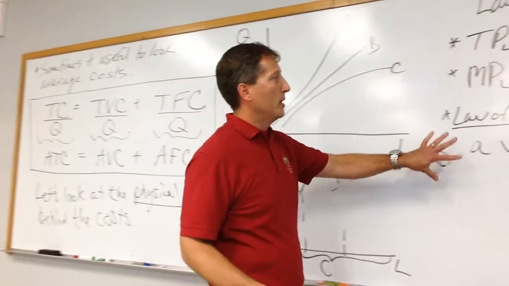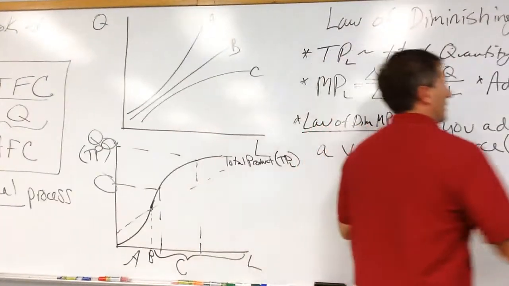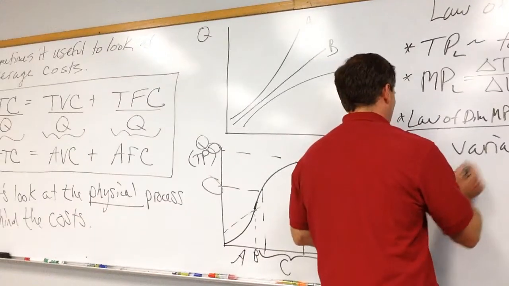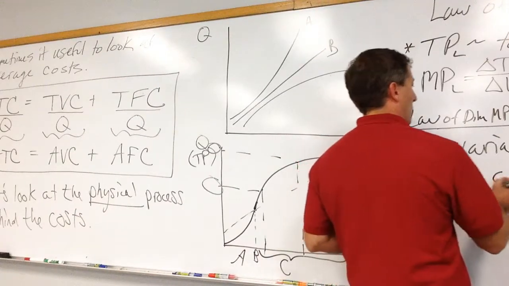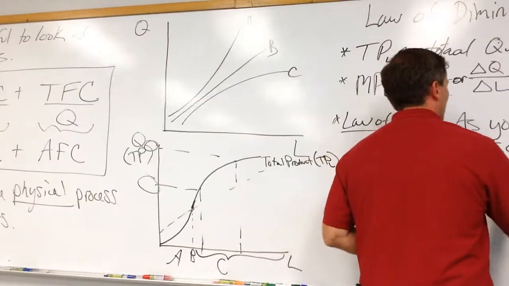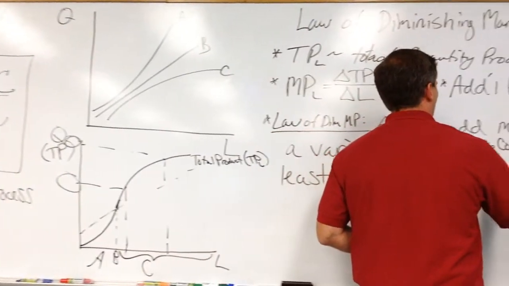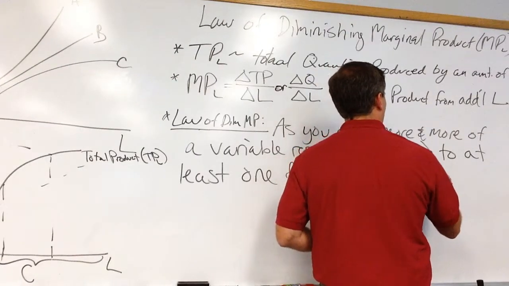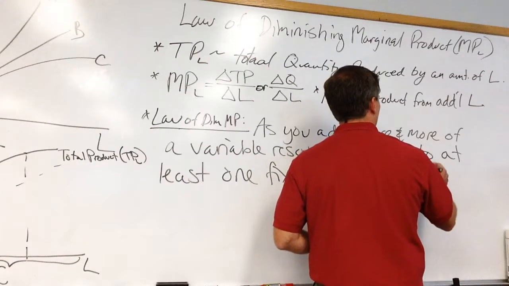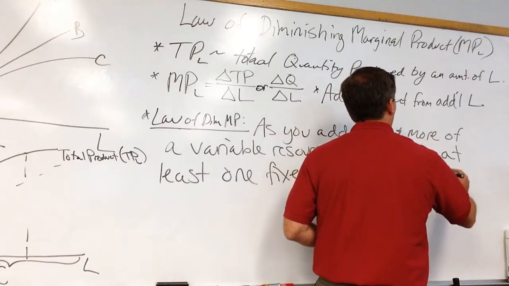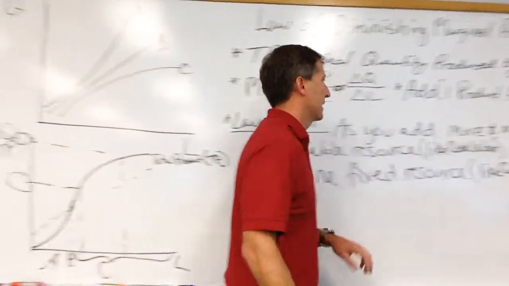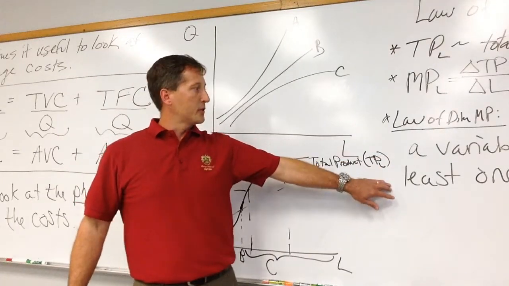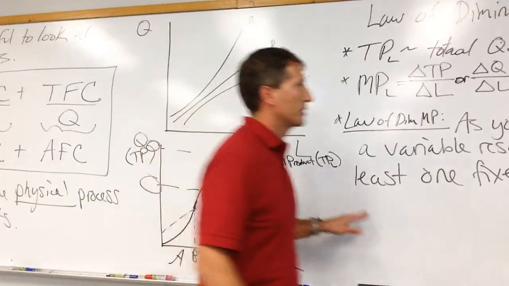As you add more and more of a variable resource to at least one fixed resource, like our capital grill from this example,